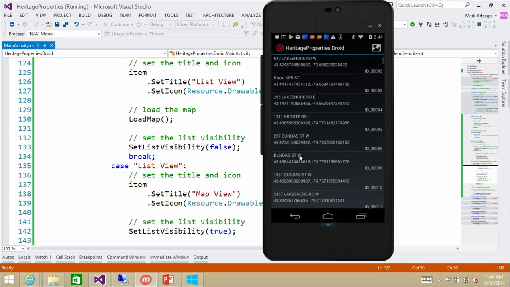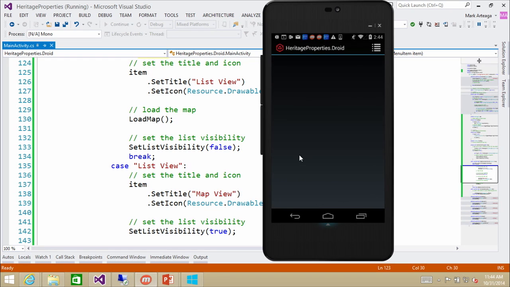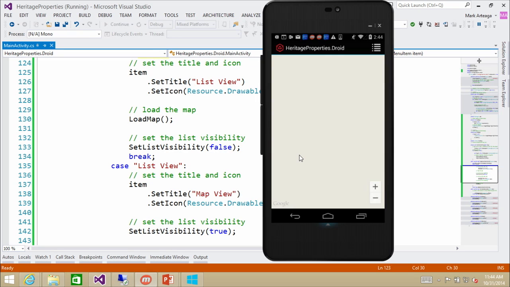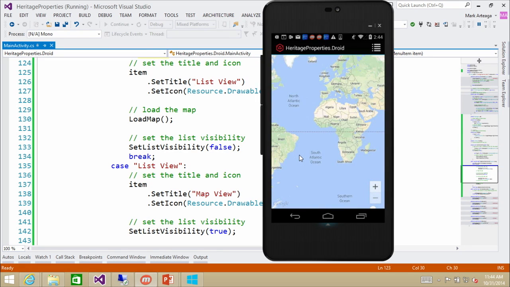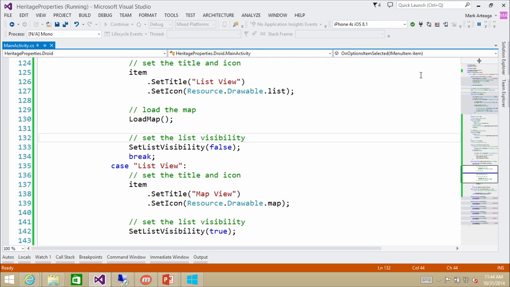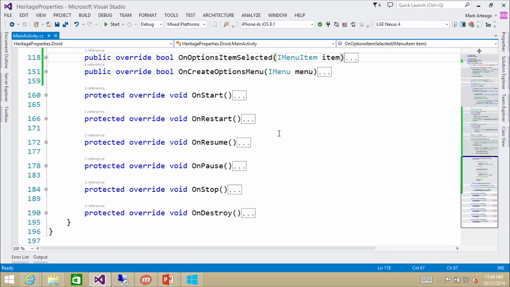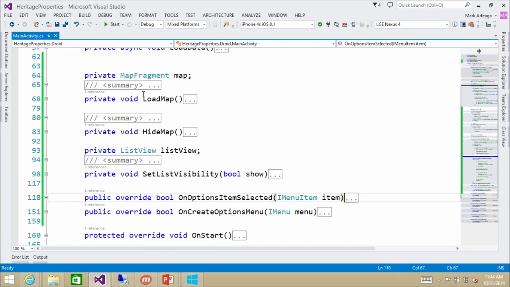There, so we got the same thing. We'll tap the map button, we'll swap over to the maps, and there you see we have a map. So the next step is now to actually show the pins. So we're going to stop that, and then we're going to change our load map implementation with